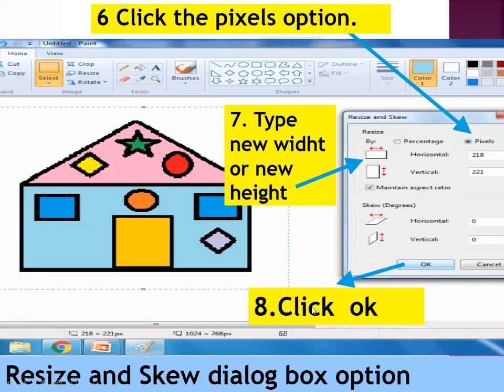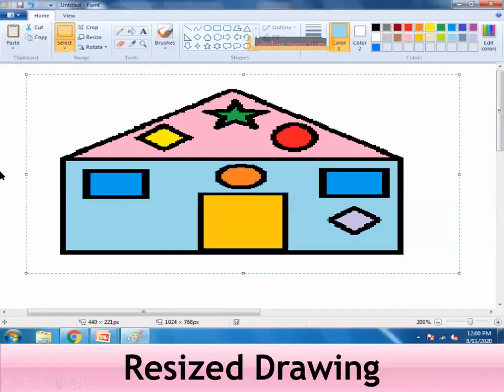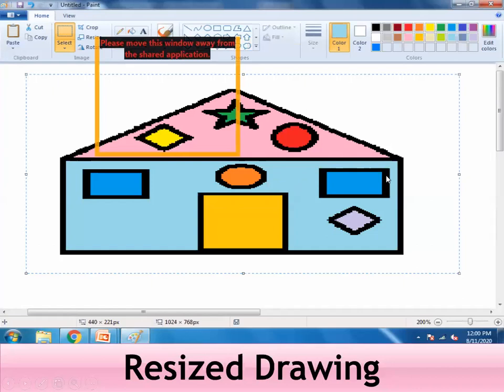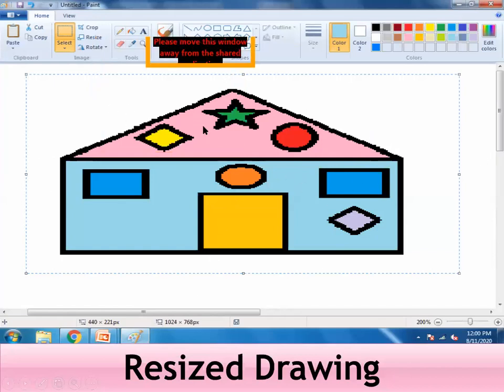Step number 8 is click on OK. So when you click on OK, the size of the image will be increased. You can see here the size of the image is increased. So we can increase or decrease the size of the image by the resize option.